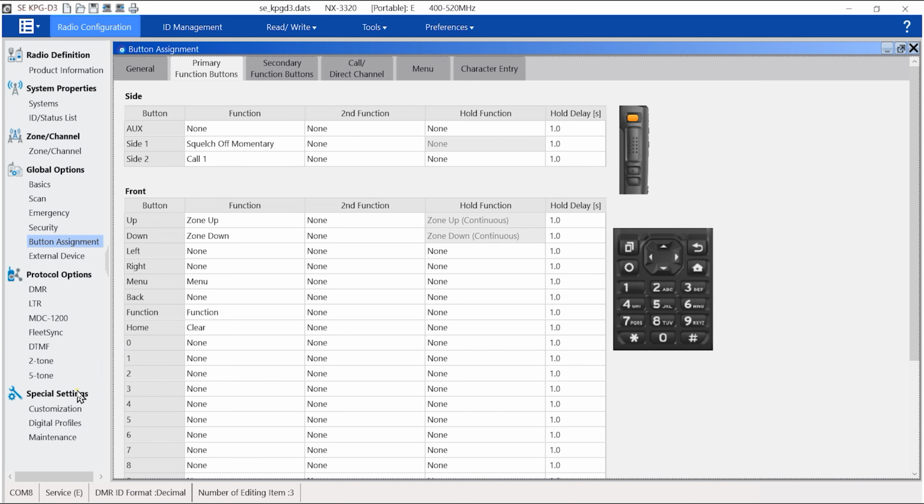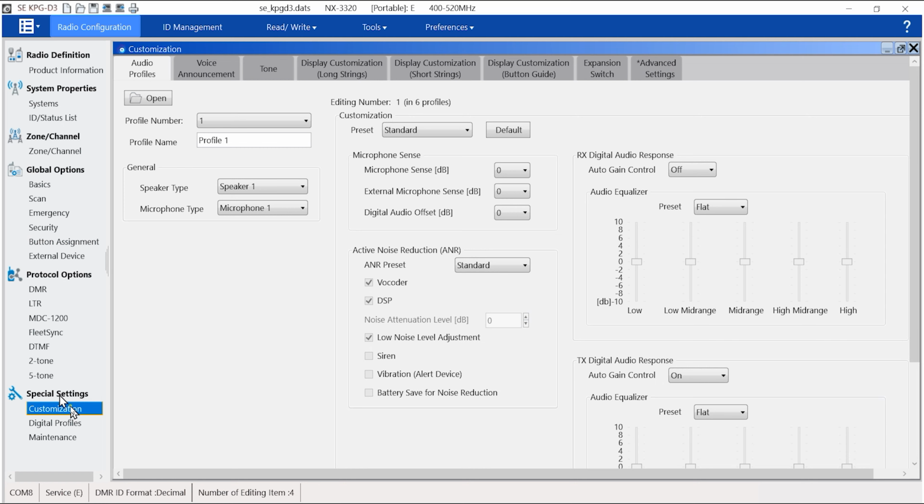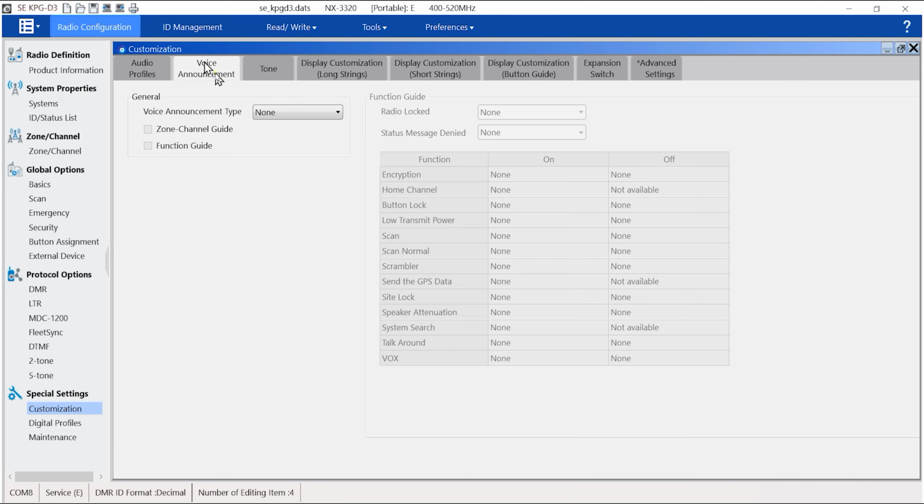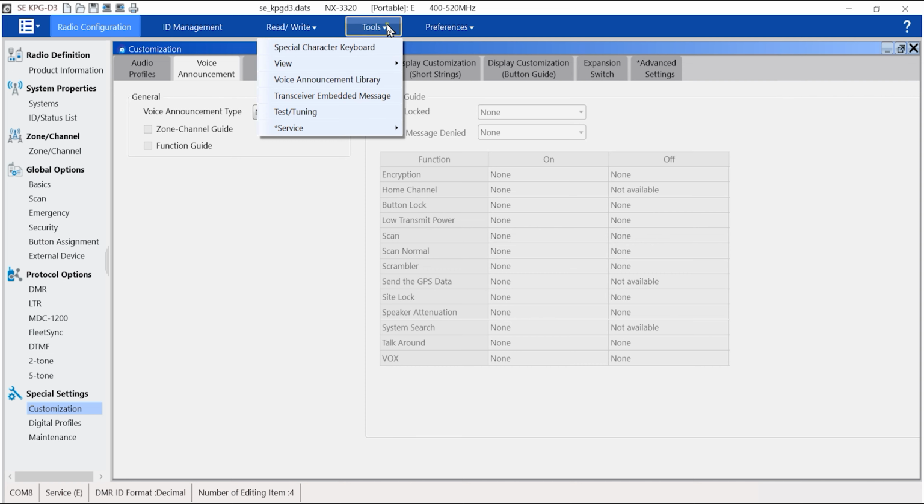What we need to do now is set that up for some voice. So if we go into voice announcements, we will now see again, something is disabled here. We've only got standard and none. So what we need to do first is go to tools,